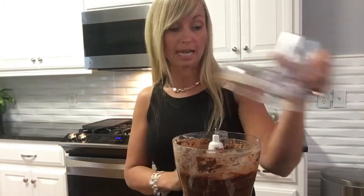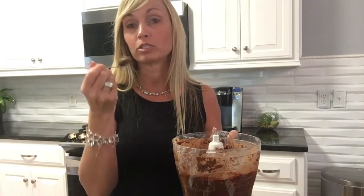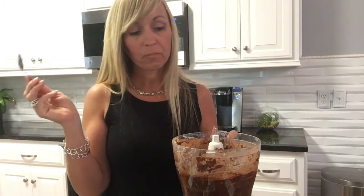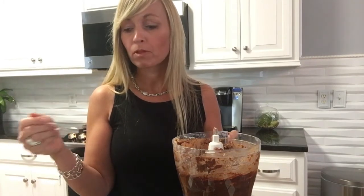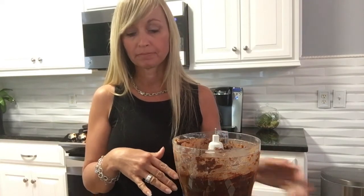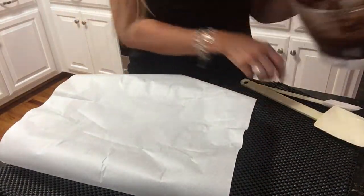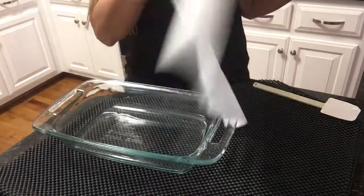Now this is a good time to taste your batter. I'm not scared of raw egg, especially if they're local, just to see if you like the sweetness. That's good. And if you feel like you want it a little sweeter at this point, then add a little more of your sweetener in. It gets a little messy here because this batter is extremely sticky and thick,